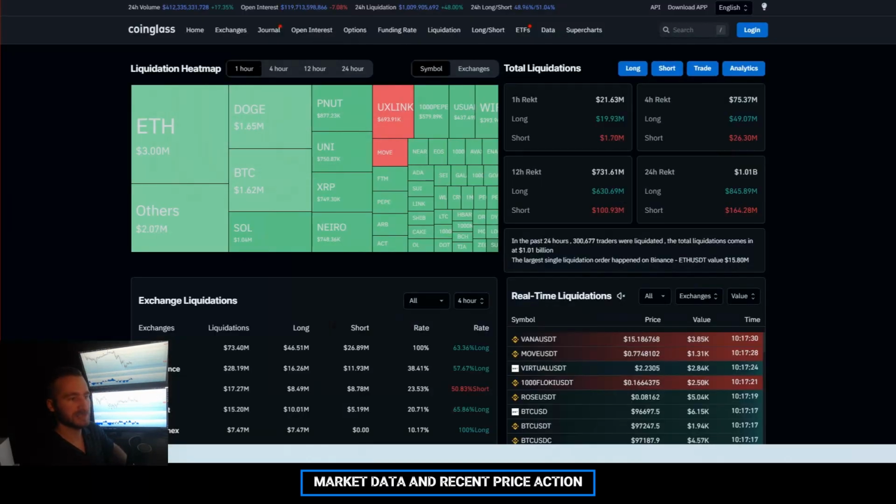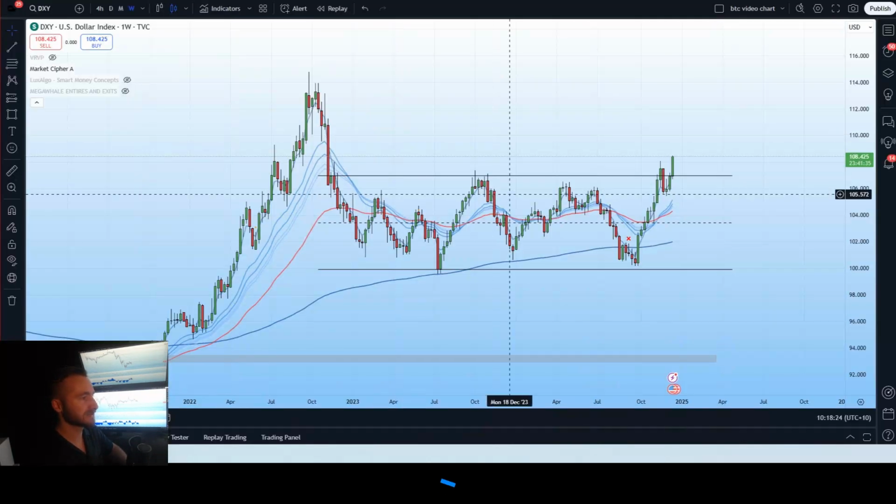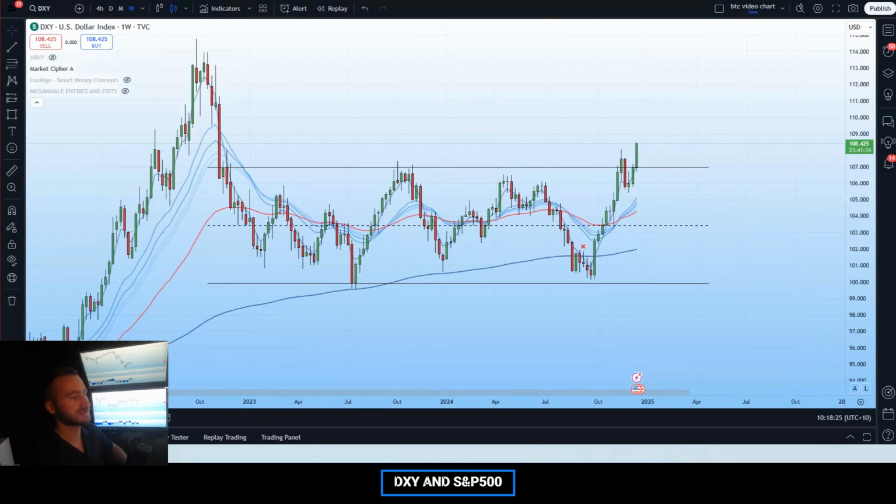So congratulations if you actually executed that move and caught that rally. You would have actually got out at the local top for Bitcoin, and that is something to be happy about regardless of what happens. Moving over to the DXY, we can see the DXY is still showing significant strength, and